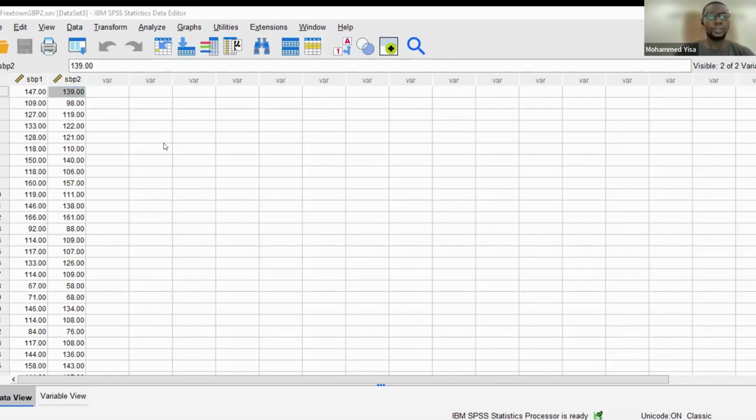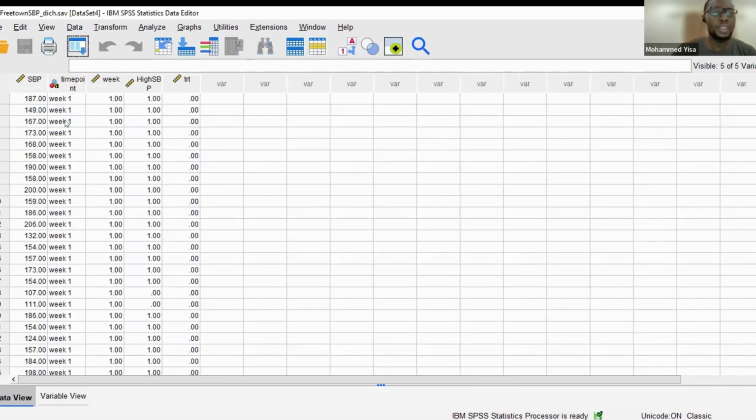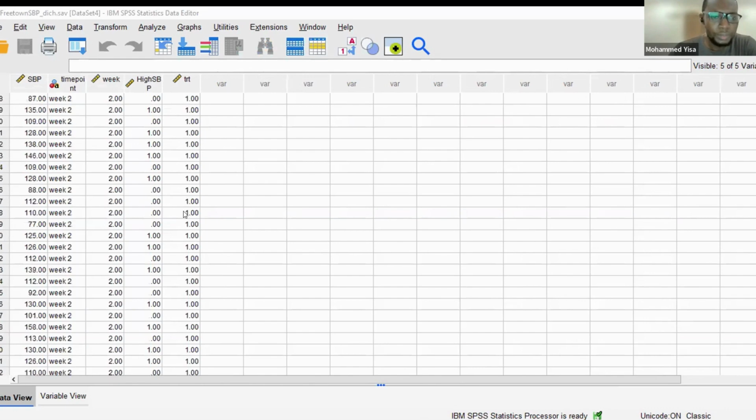Okay, so this is the SBP data set, and then we're going to be doing the independent samples t-test. So for independent samples, usually you have